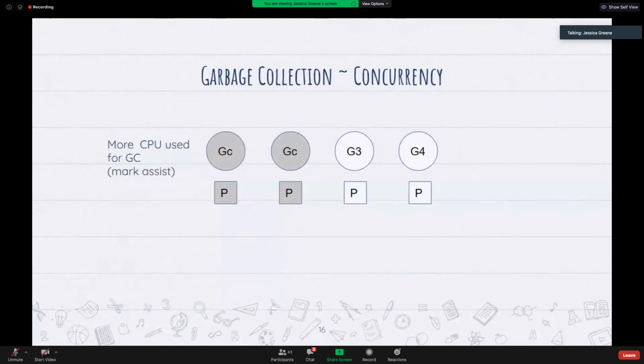And in this example, that will then mean like 2 of the Go routines, like 50% of our CPU, is then going to be used for garbage collection. And the amount of time that the Go routine will be assigned to mark assist is going to be proportional to the amount of memory work that has to be done.